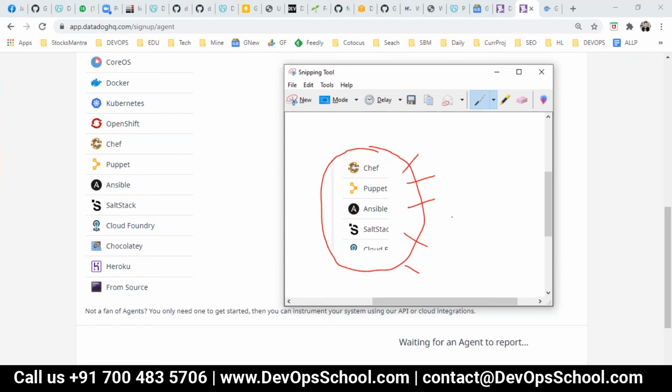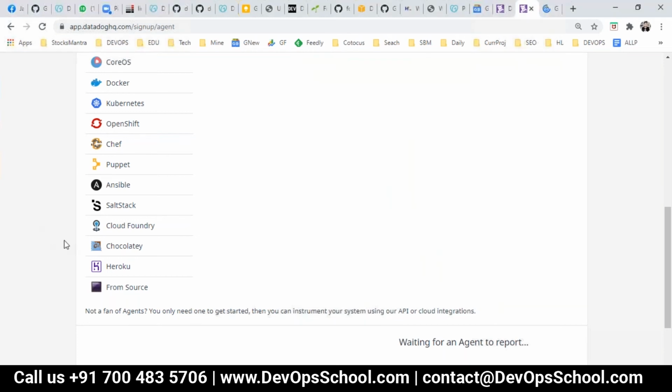So which tool are you comfortable with? Chef, Puppet, Ansible, Salt, which one? I haven't worked on any tool. So if you want to deploy an application, I mean the agent basically, on hundreds of machines, one of these tools will help you. Nowadays, Ansible is most popular, but all the other tools will also help you.